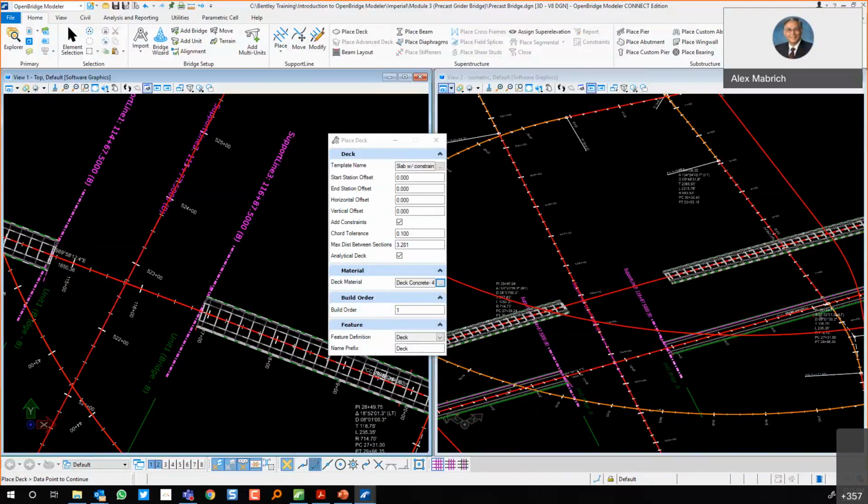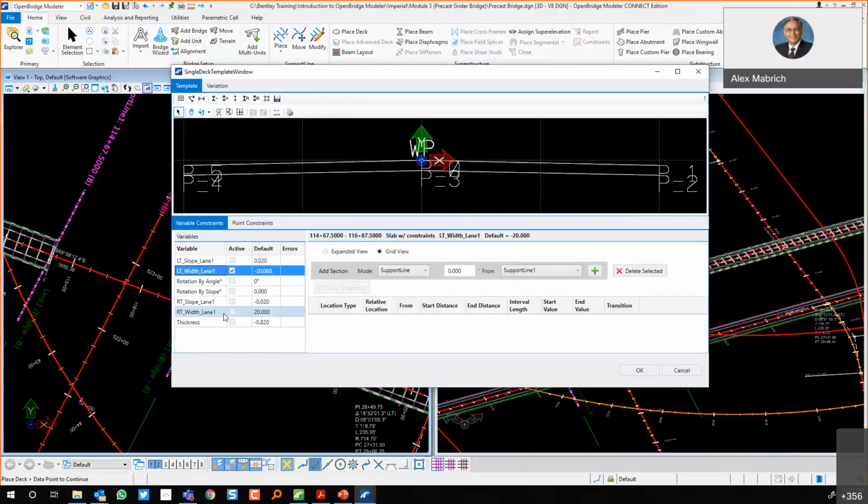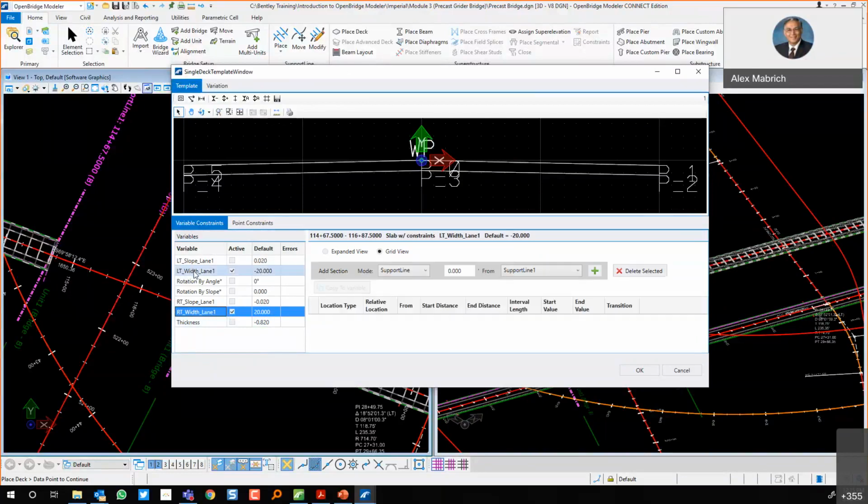And it shows me another dialog box right here. And that following means that, hey, I need to modify the length of the left lane, that by default is 20. And I also want to modify the width of the right lane, that by default is 20, but I want to modify it. So let me come back to this and say, yeah, by default is 20 all across, but